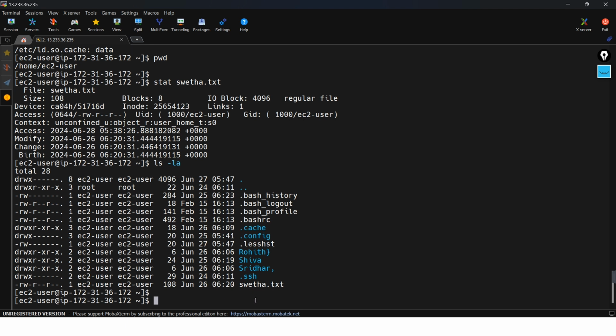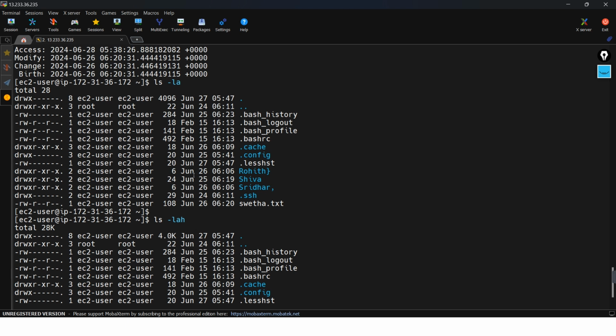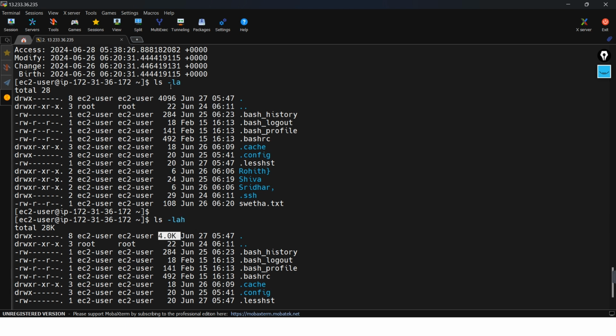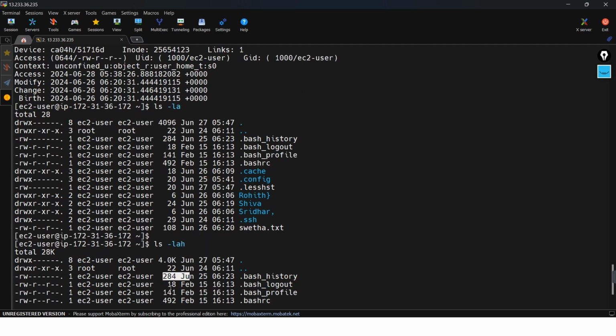Now we are going to learn ls -lah. So what is the difference between these? If I give h, you are able to read this. So this is in bytes, 1049 bytes. Here it is showing KBs, MBs. Even if the file size is in KB or MB, it is going to show you MB, and in GBs as well. Okay, and here also you can see